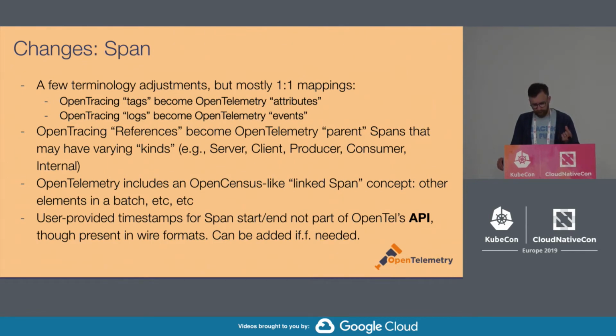OpenTracing allows for the explicit set of start and finish time on a span. This was usually used to take data that came from some offline source and then kind of transcode it into OpenTracing. We're assuming in OpenTelemetry that people would rather just transcode directly to the common formats that OpenTelemetry has. And so for that reason, we're going to only add these APIs if there's a demonstrated user need for them, because obviously all things being equal, a smaller API is a better API. It's not a terribly difficult thing to support, but we don't want to create that surface area when we think the use case would be better served by directly consuming the data formats of OpenTelemetry.